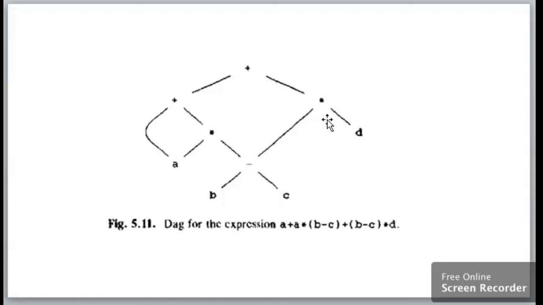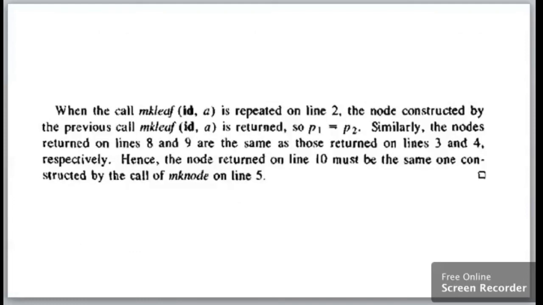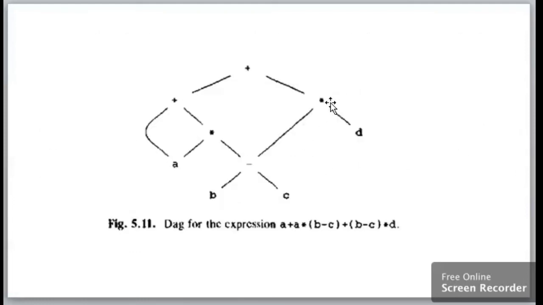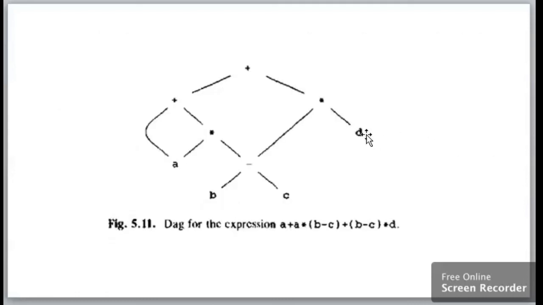Now coming to the second half, the next part, P8. It would be again b minus c, because we need to construct it for this lower end, that is b minus c over here. Now after constructing this b minus c, it would be multiplied by this d. So I would have again a leaf for the d, and thereafter constructing the minus, you will have D. So I am going to take it for this D also.